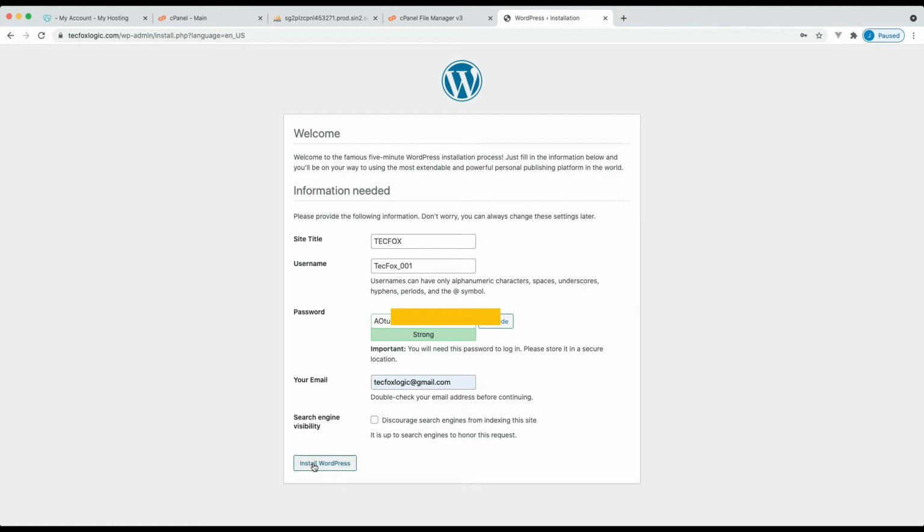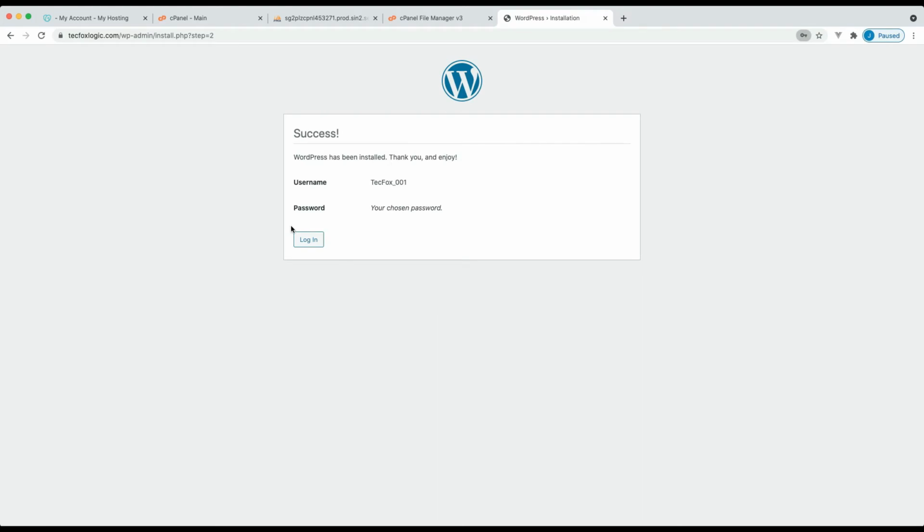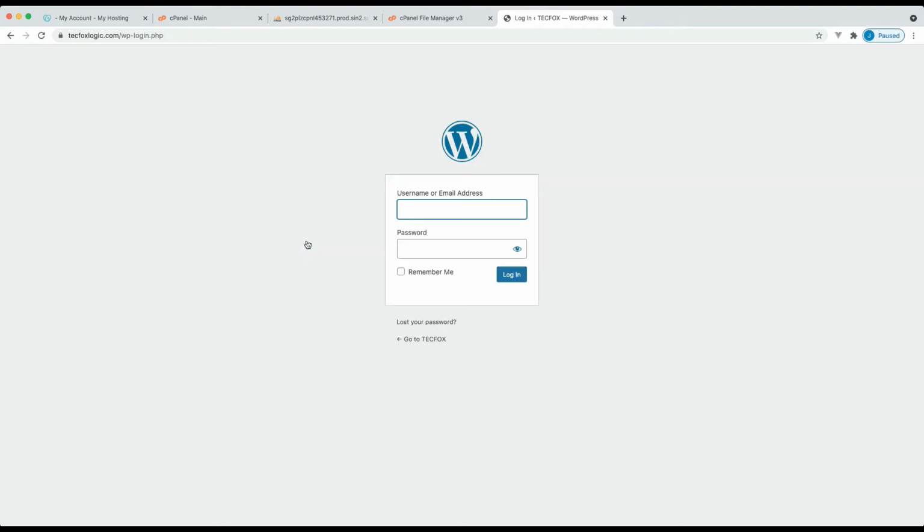Click install WordPress. WordPress has been installed successfully. Click login. You can see the admin login screen. This will allow you to log into the admin dashboard.